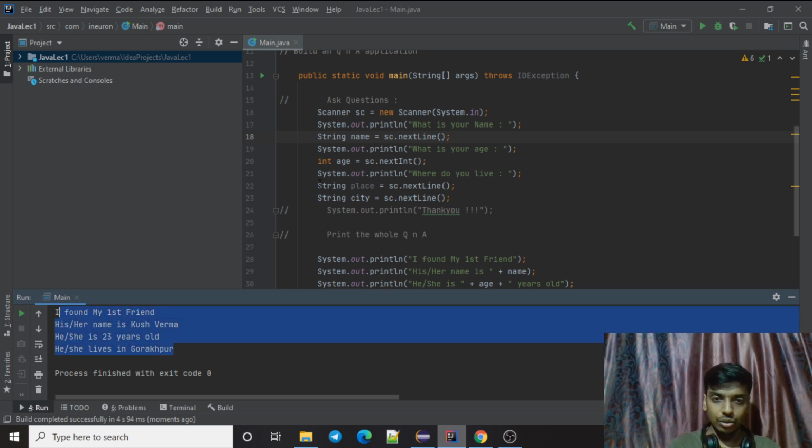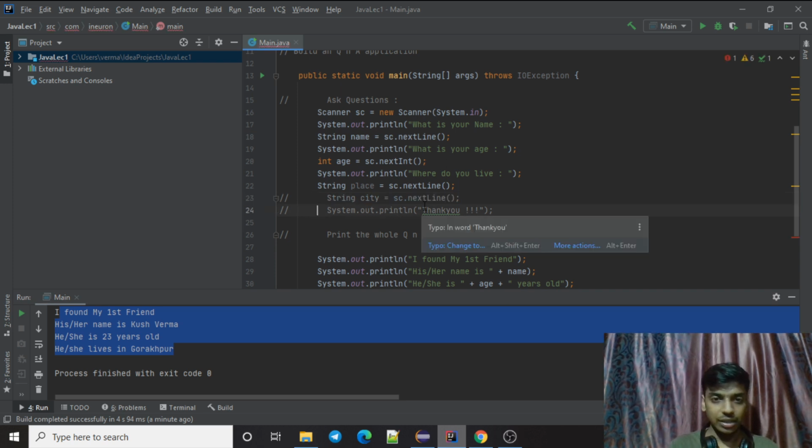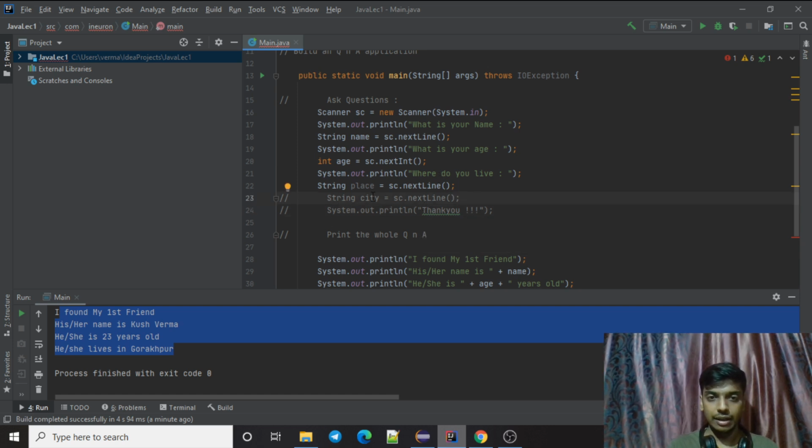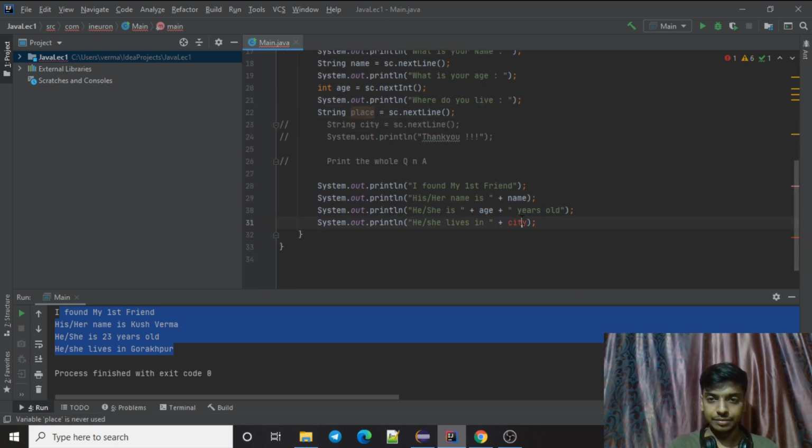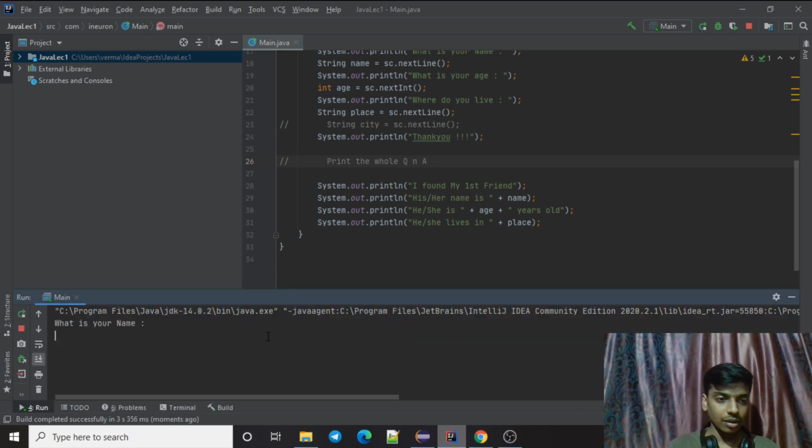So if I comment this part, and if you don't have any context of this code, please watch the previous video. You'll get the idea what this code is doing and why I'm commenting this. And now I'm going to use place again here. So now if I run it, I will get the issue that I was getting previously. So Kush